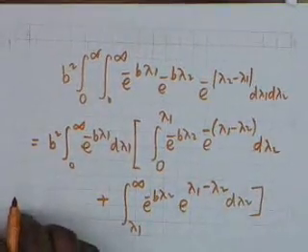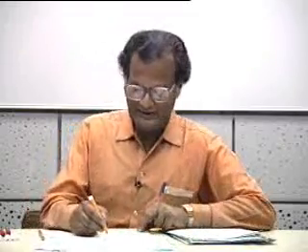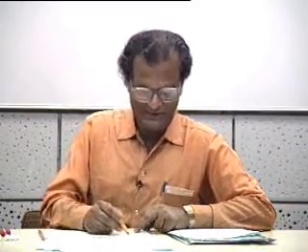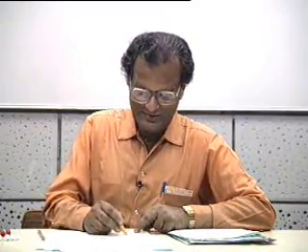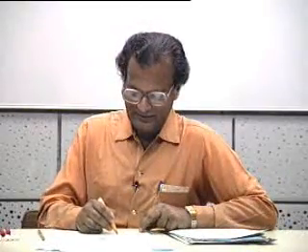If you evaluate this, the evaluation is a little messy, but nothing difficult. It's after all integration of an exponential. It's a definite integral. If you carry out the algebra, the final result that I get, which I am not 100% confident about, but this is what I get: Y2 squared bar is this, b by 1 plus b. What we have to estimate is the square root of y2 squared bar. This is the RMS value, and this RMS value is therefore b by 1 plus b, and this has to be